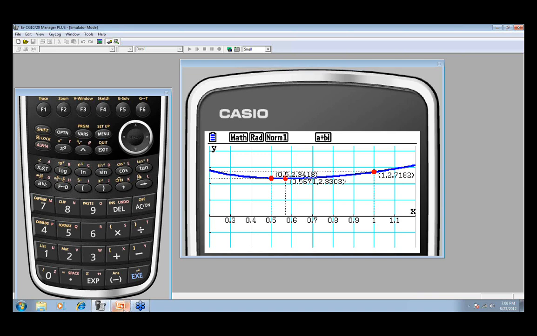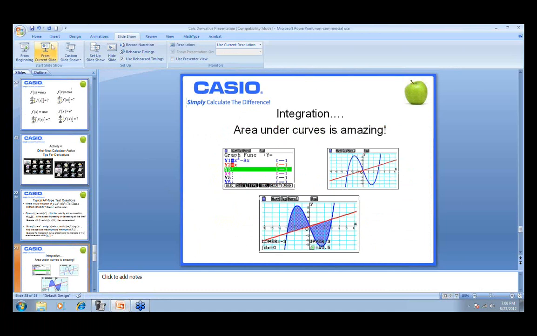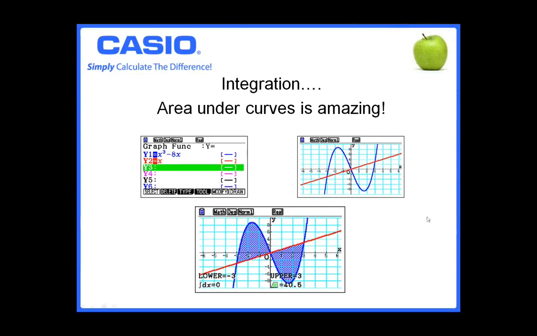We're about through for the night, and the only last slide I have to show you, I'm not going to do anything with integration tonight, as tempting as it is. I love the integration features, the way you can explore area and different values like that. But I just wanted to tell you, if you haven't explored area with your Prism calculator, you need to find a webinar and go see that.